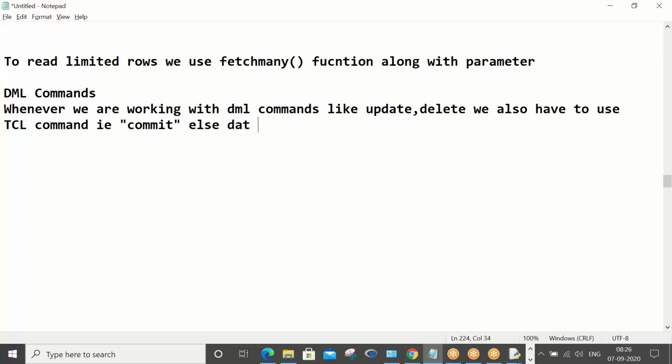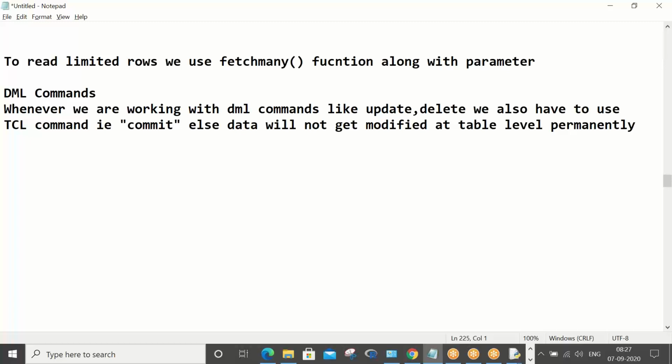Else data will not get modified at a table level permanently. Okay, at table level permanently.